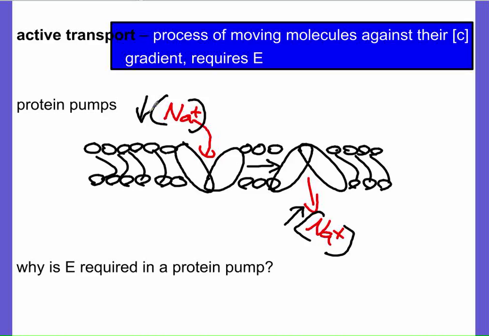Everybody kind of see what I'm talking about there and how that's working? You got a protein that's open like this. It catches stuff from the top side of the membrane, and then it just changes shape and pushes those things out the bottom. Best way to model that, at least. And I'm going from low concentration to high concentration. I'm trying to build a really high concentration of sodium on one side